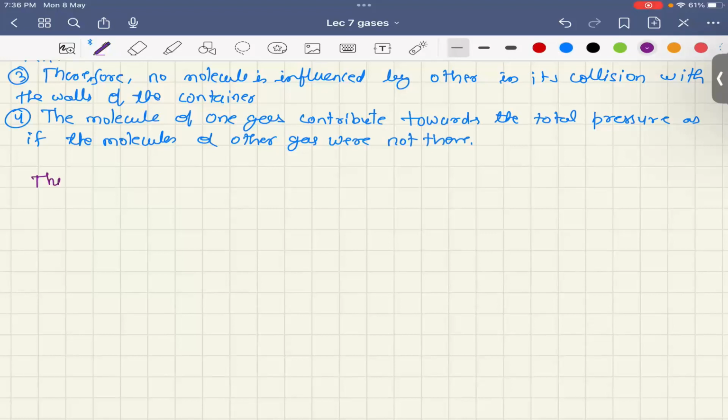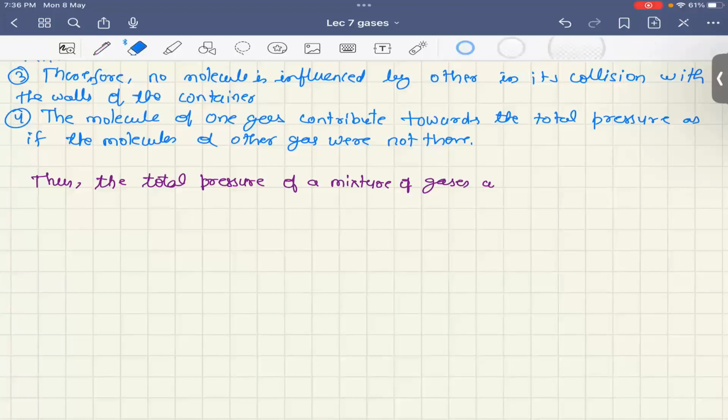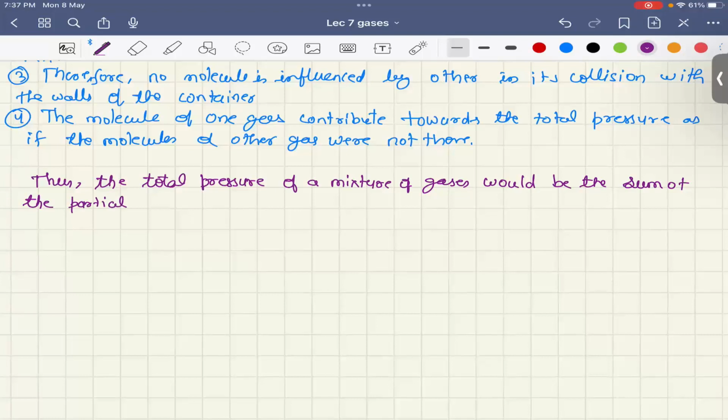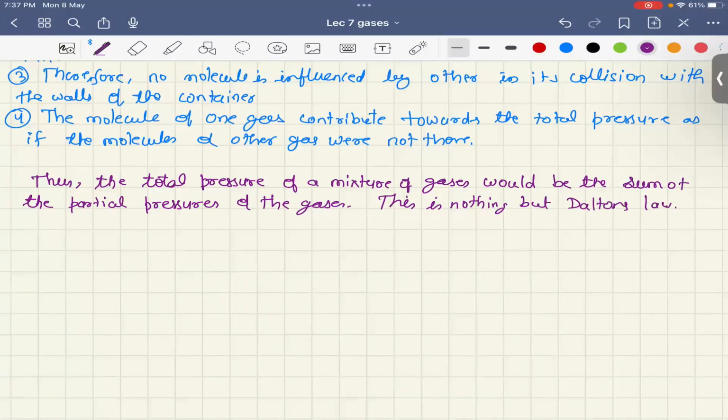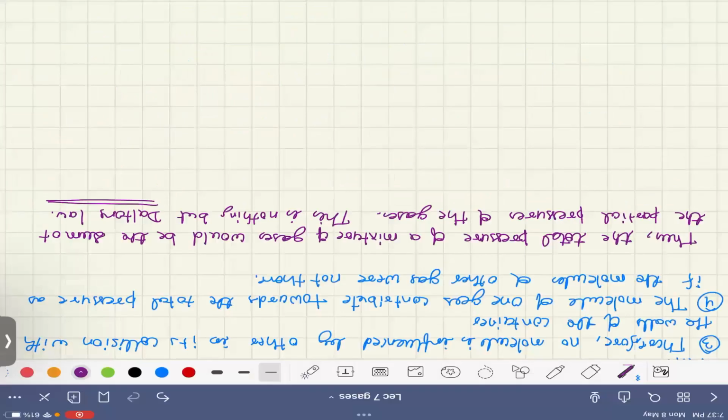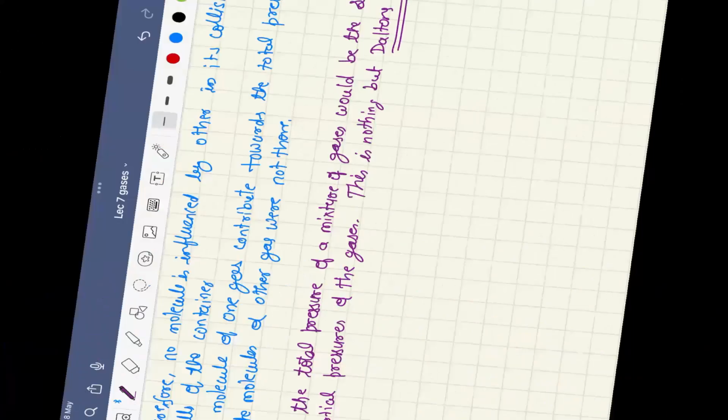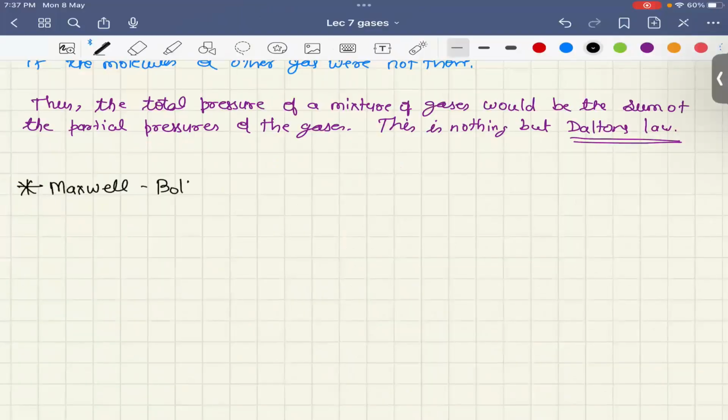Thus, we can say that the total pressure of a mixture of gases would be the sum of the partial pressures of the gases, and this is nothing but Dalton's law, right? The next topic is the Maxwell-Boltzmann distribution